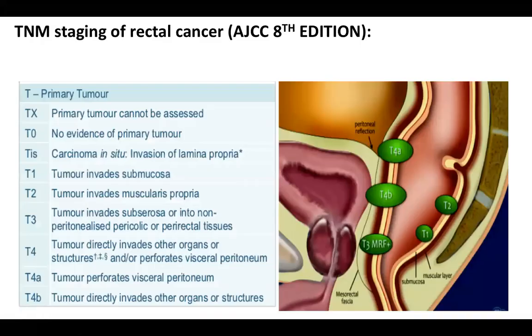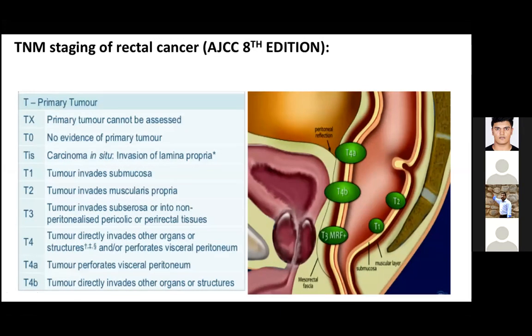So if we come to the staging now, once we understand the orientation, we have to understand that the location of the disease also has an impact on staging, not only the depth of invasion. If we are just looking at the depth, that is easy. That's more or less similar to what we have to stage for colon cancers. So T1 is primarily to the mucosa. T2 is when it is into the submucosa, and T3 will be when it has crossed the muscularis into the mesorectal fat.